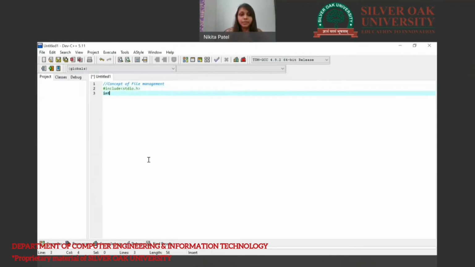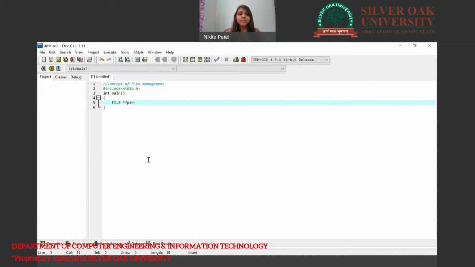Then after int main, here I am declaring a file using the FILE data structure with the FILE keyword, which is FILE *fptr.